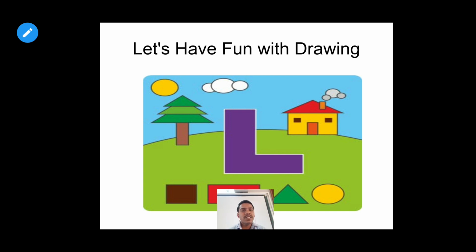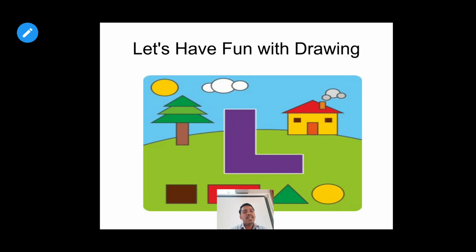Now when we see this picture, we can see that the sun is in a circular shape. The clouds are in a circular shape. When we see the house, the top is in a triangular shape. The door is in a rectangular shape. Means when we see a particular object and need to draw it, we use different shapes to draw it. This is our angle to look at the picture. However we see the picture, by whichever angle we see it, we draw it.